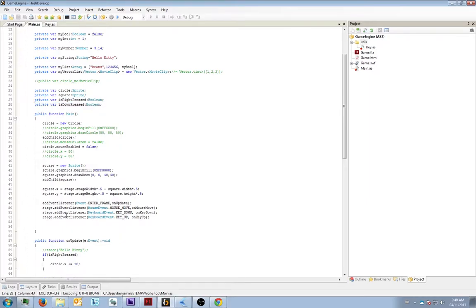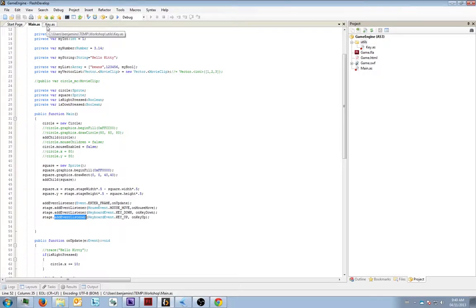The second problem is we also need to add an event listener to the stage for the key ups and key downs. So how are we going to solve that? How are we going to handle that? How are we going to get a reference to whether or not the keys have been pressed? So this is probably your chance to give it a try, see if you can get this all working, at least getting these add event listeners working inside of the key class. If you can,